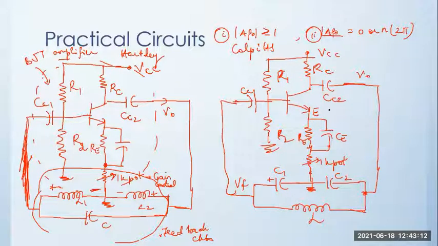Whenever you try to write the AC equivalent circuit, this capacitor CE, which is a large value, will act like a short circuit. Remember, whenever we write the AC equivalent circuit, we replace all the capacitors with short circuits and DC sources with short circuits. So what would happen here? This RE would be effectively bypassed through CE, and if I don't include this part, this emitter would have been grounded. The simple reason why this potentiometer is included is that there is no bypass connected across this.